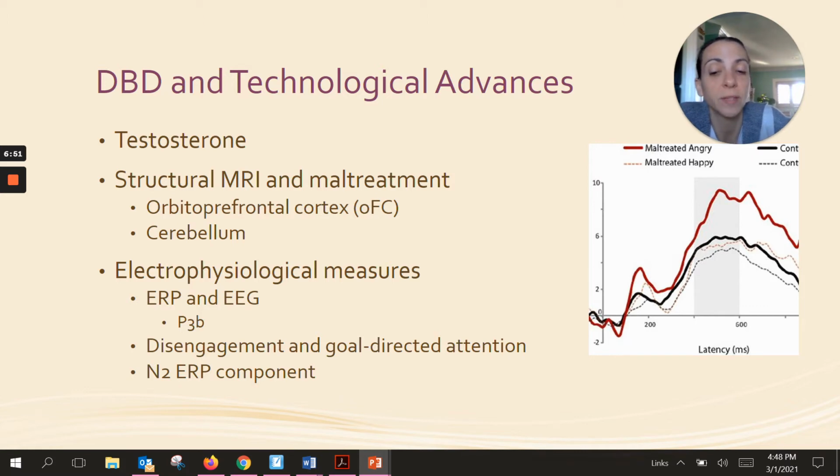P3B showed that physically abused children had enhanced attentional allocation toward vocal expression of anger. So if they heard an angry tone of voice or a raised tone of voice on this EEG, they showed enhanced attention to this. They also showed enhanced response to angry faces. The P3B amplitude was in response to the severity of physical abuse. So if they were more physically abused, then they could see the difference on the amplitudes of this wave, because remember, an EEG studies your brain waves.